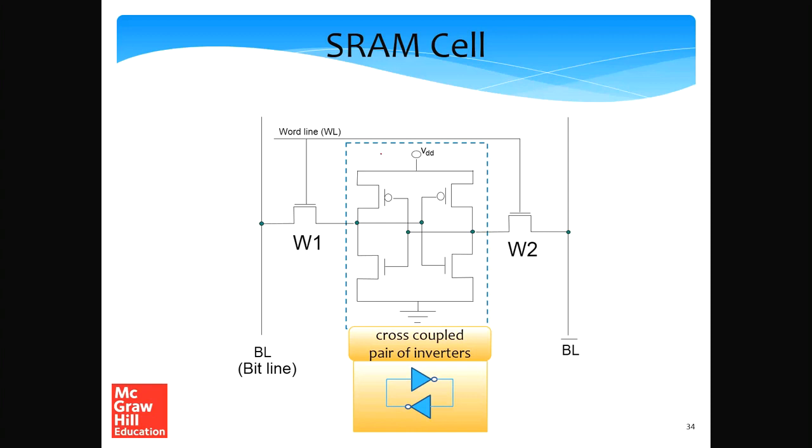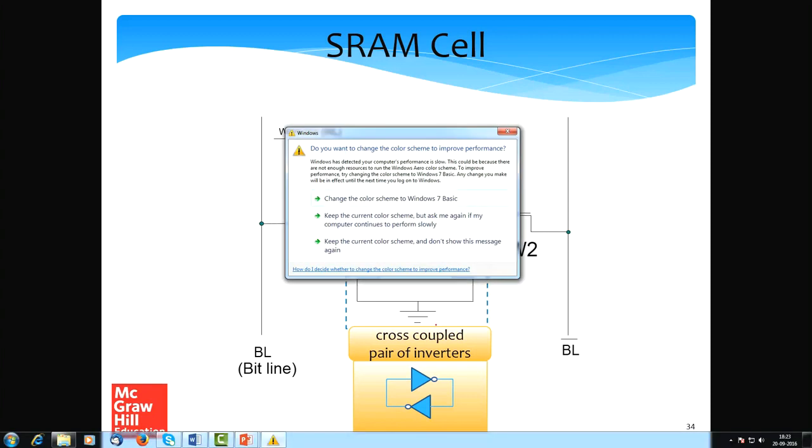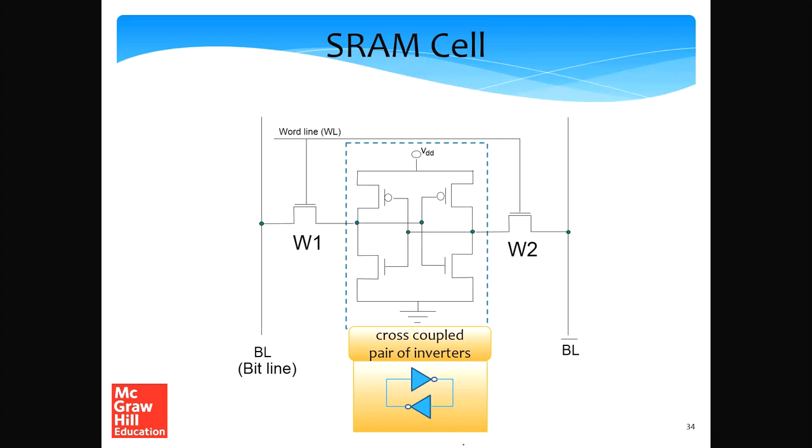So the something else is like this. Let's first consider a cross-coupled pair of inverters, which is here at the bottom. As shown in the previous diagram, we have 4 transistors, 1, 2, 3 and 4, but let's isolate this as a black box. We'll need 2 more transistors. So what do the transistors do? We have one transistor W1 and one transistor W2.